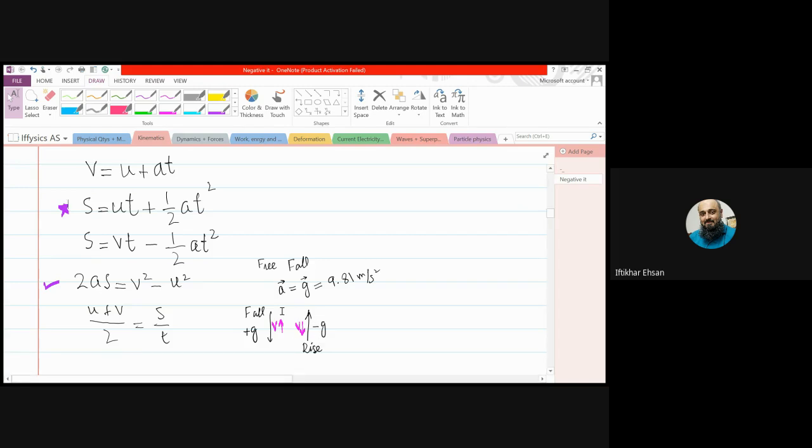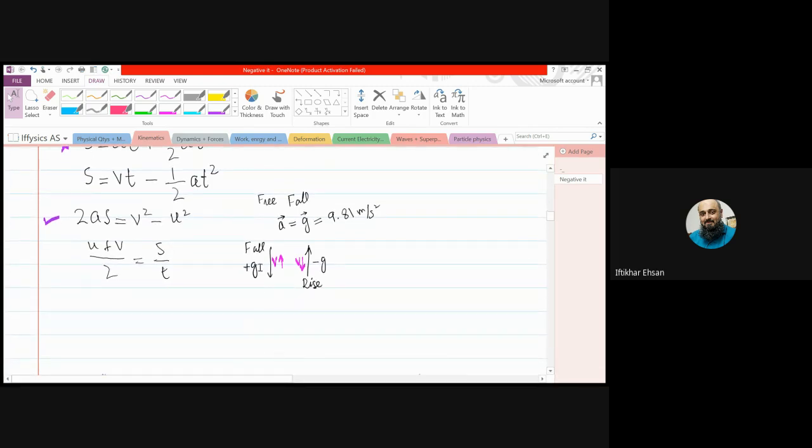Before we start solving these numericals, beta, if anything is falling freely, then its acceleration will be equal to the acceleration of free fall or gravitational acceleration. And in A level, we take it as 9.81. In O level we only took 9.8. Now it is 9.81 meter per second square. But one thing you should keep in mind,